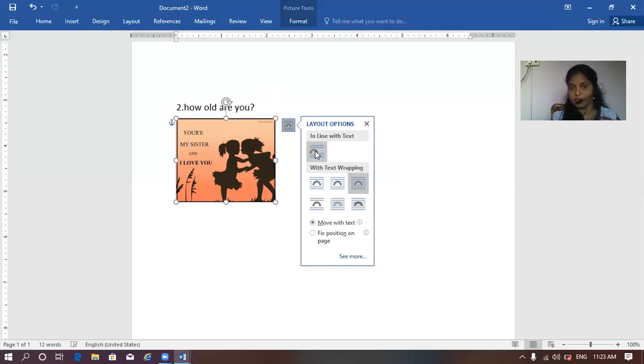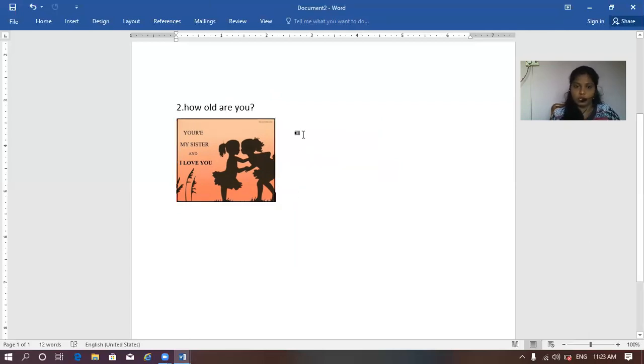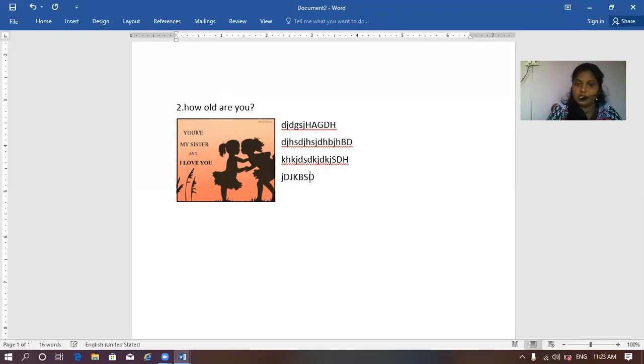Otherwise, the picture will be on one side and your text comes along with the image. For that layout, you can start writing your things, so that it is easy for you to write.